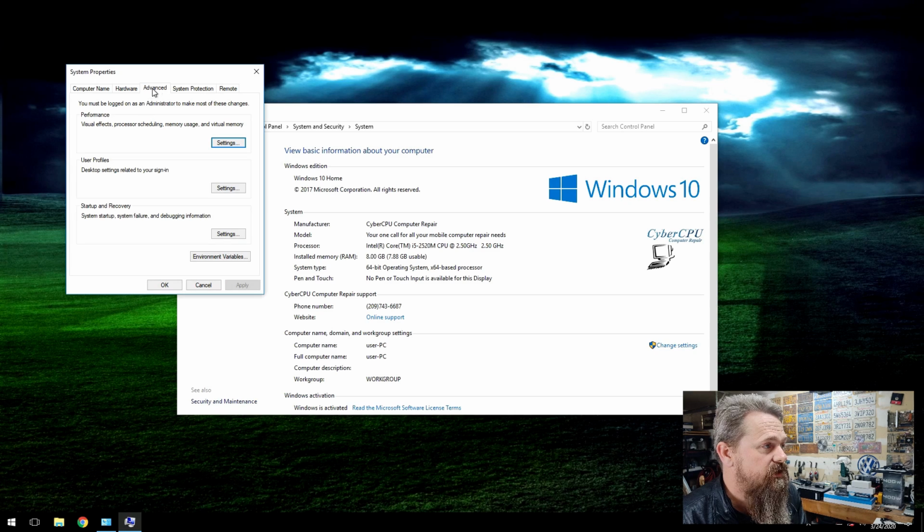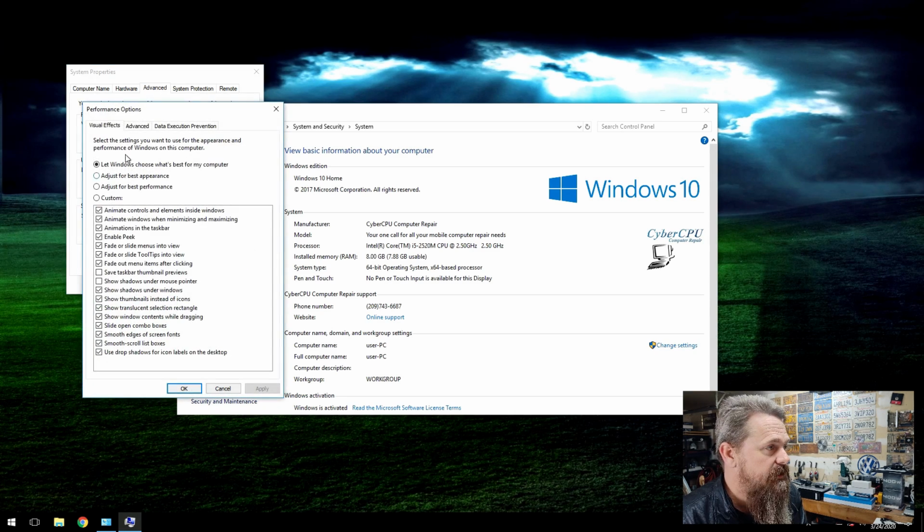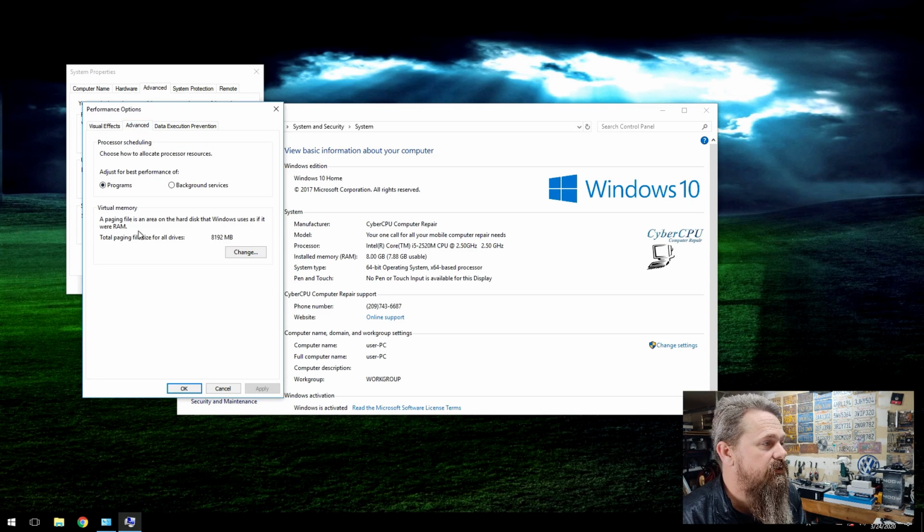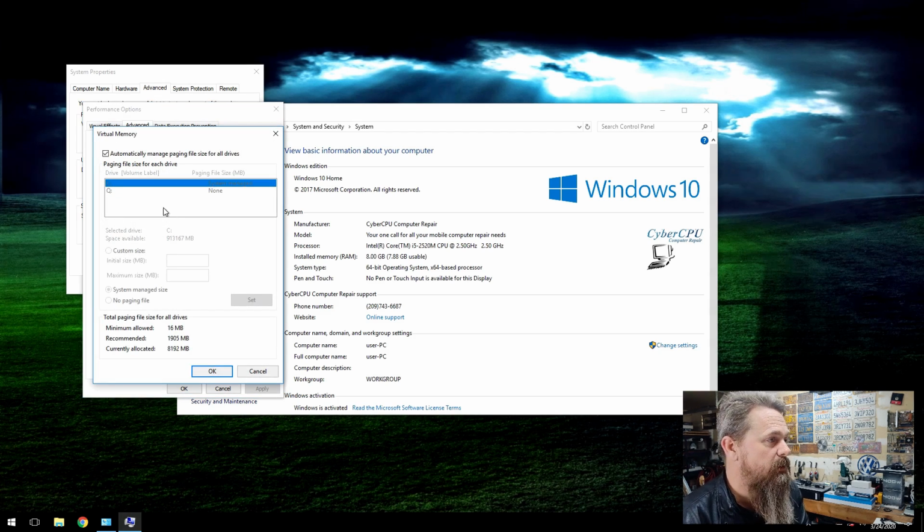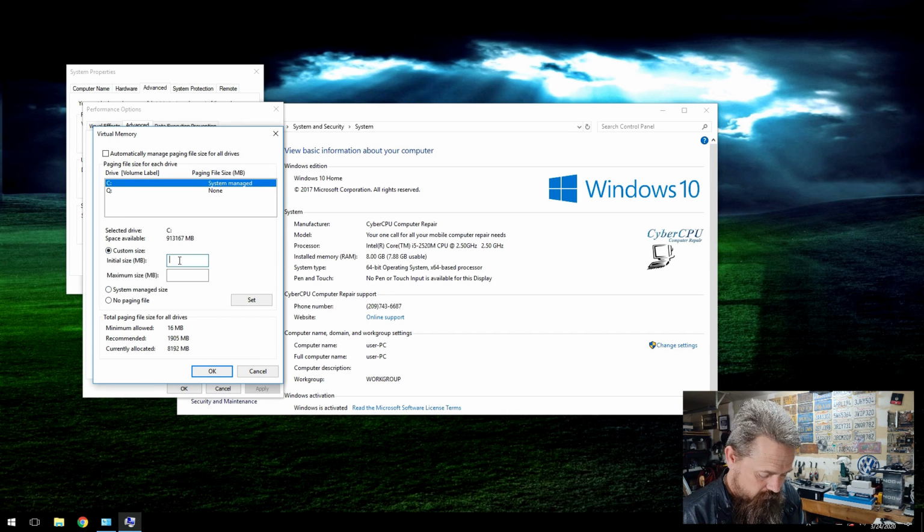Then on the Advanced tab, under Performance, we're going to click on Settings. In the Settings menu, we click on Advanced, and then go down here to Virtual Memory. And we're going to push the Change button. Now from here, we want to uncheck Automatically Manage Page File, and we want to make the page file 1.5 times the amount of memory we have. So since we have 8 gigs in the system, our swap file should be 12 gigs. So we're going to click on Custom Size. We're going to put 12 gigs,